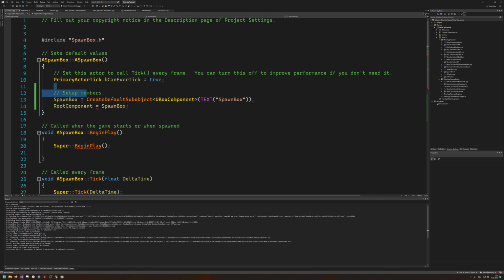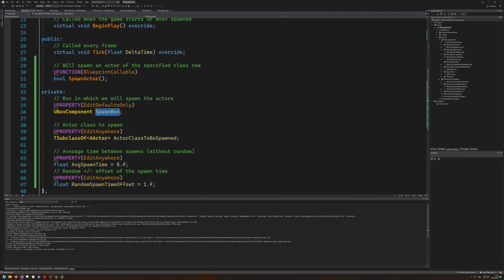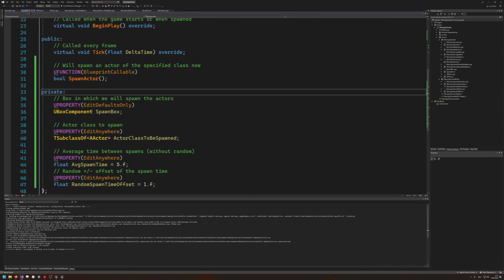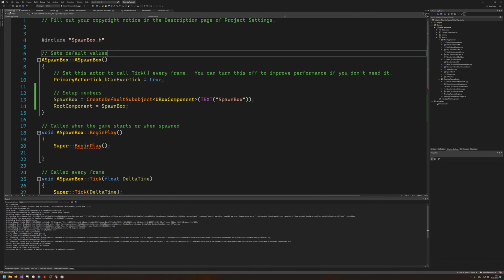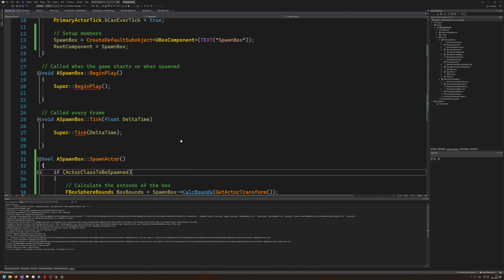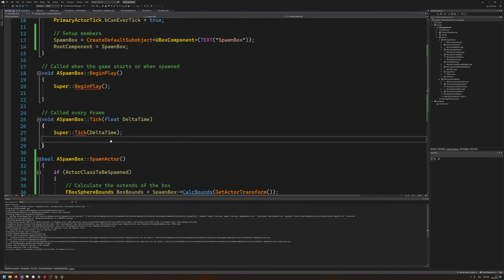And what did I make wrong here? UBoxComponent, that's actually all good. Why do you have issues? Oh yeah, I made an issue. Of course this needs to be a pointer. Sorry for that. Now we should be good, and that was also why this was a bit strange. But yeah, of course it needs to be a pointer. Alright, so now